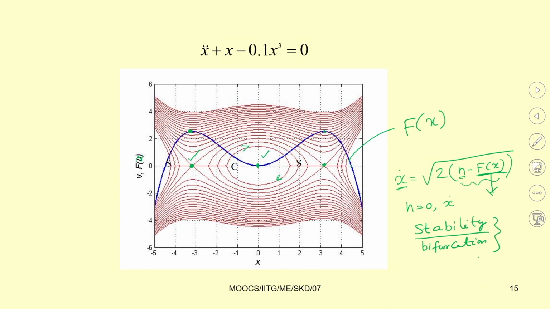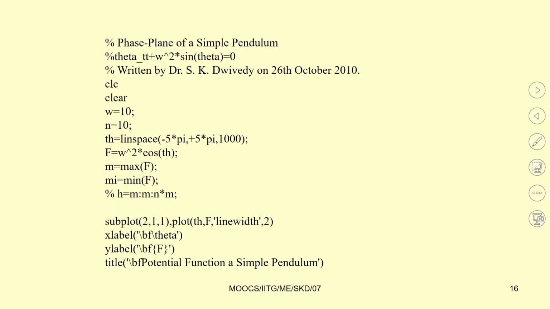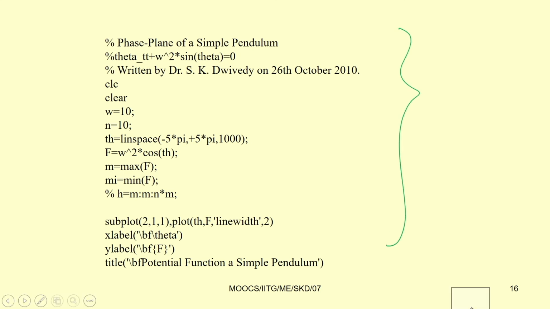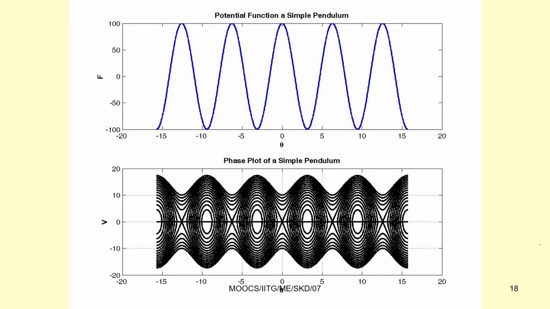But for the time being you should know how to plot x versus velocity; its interpretation we will see in another class. When we know exactly what we mean by bifurcation and stability, it will be easier for you to understand this problem. You can write a simple MATLAB code to plot that curve. Here also the same thing is plotted, for many cycles. In that curve you have seen a single cycle, but you can plot this for many cycles.